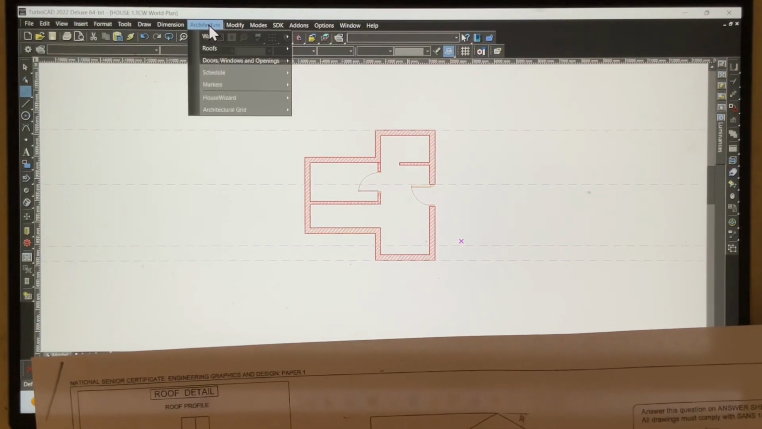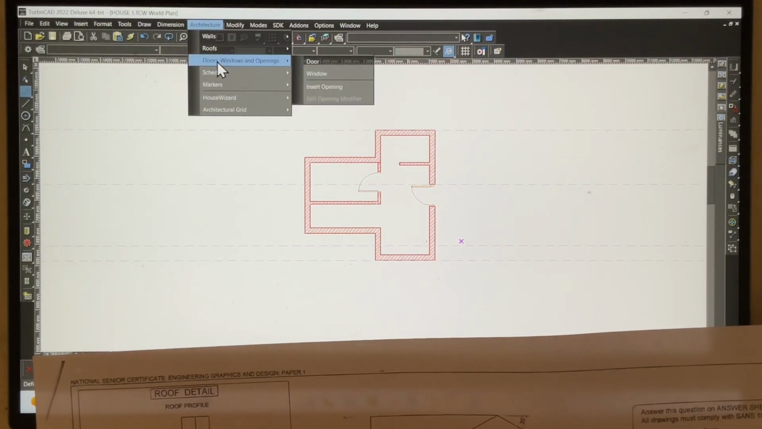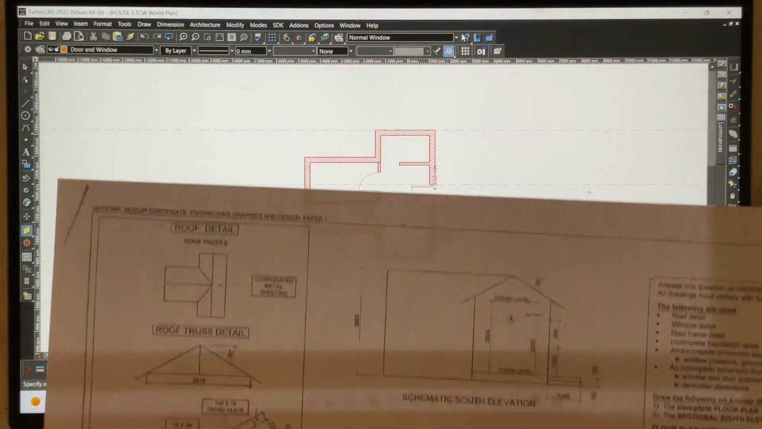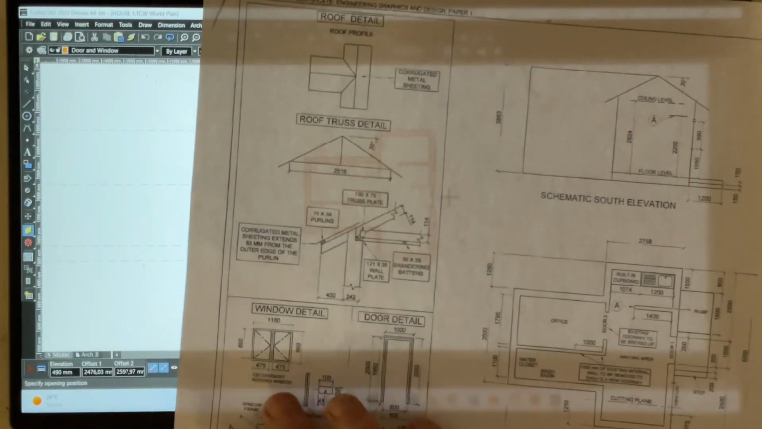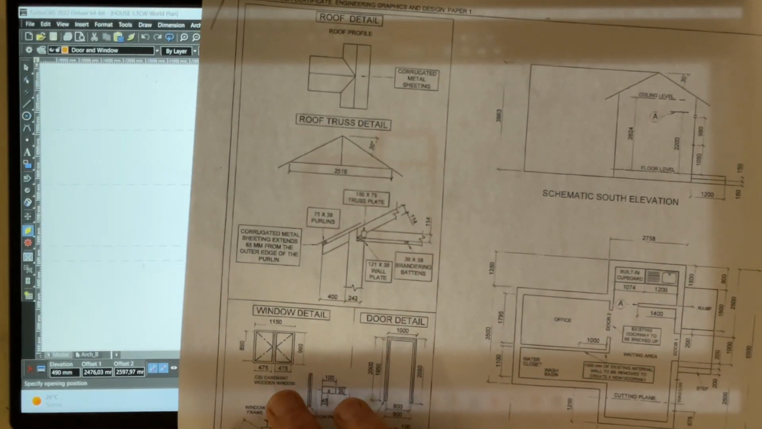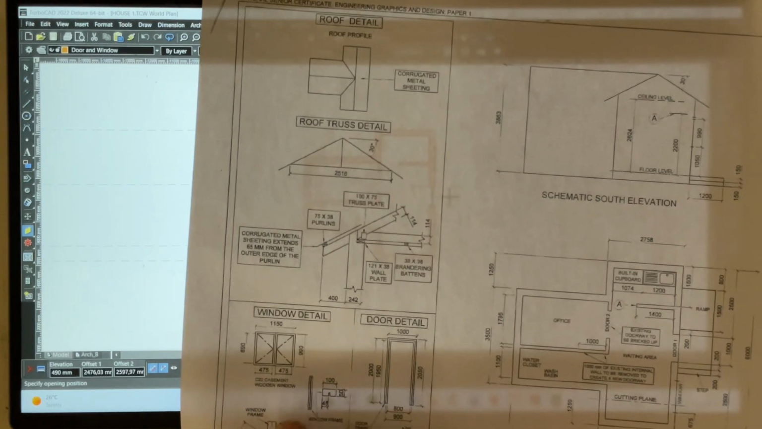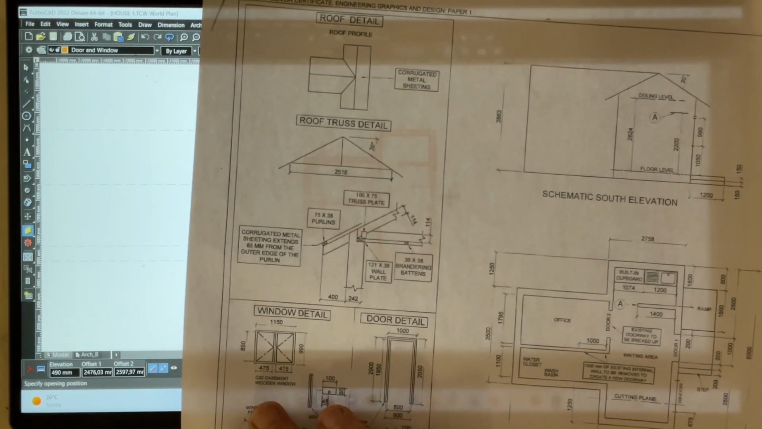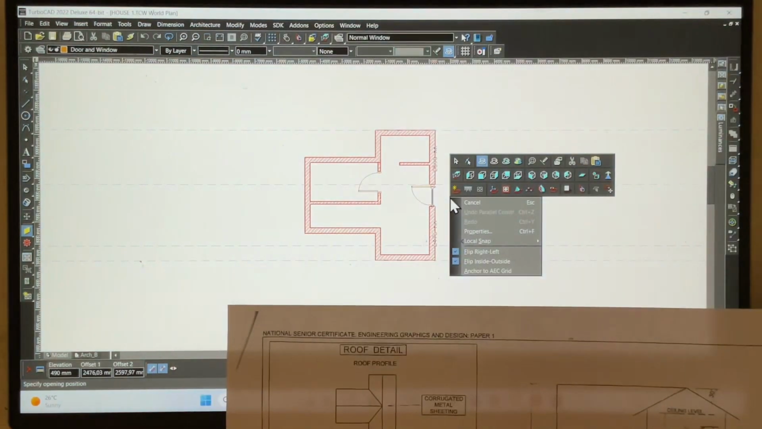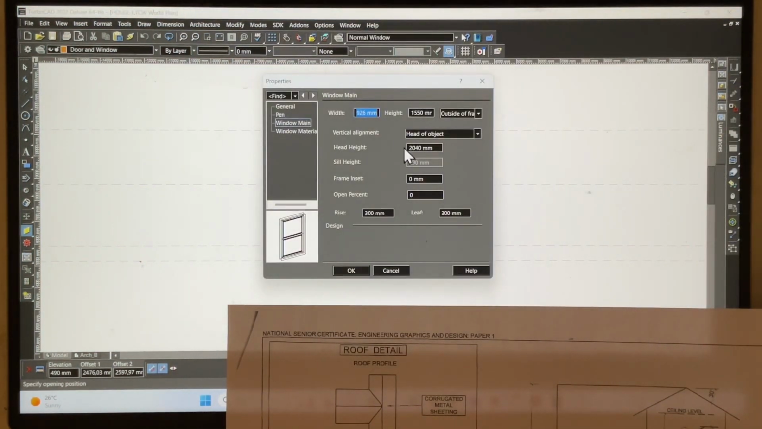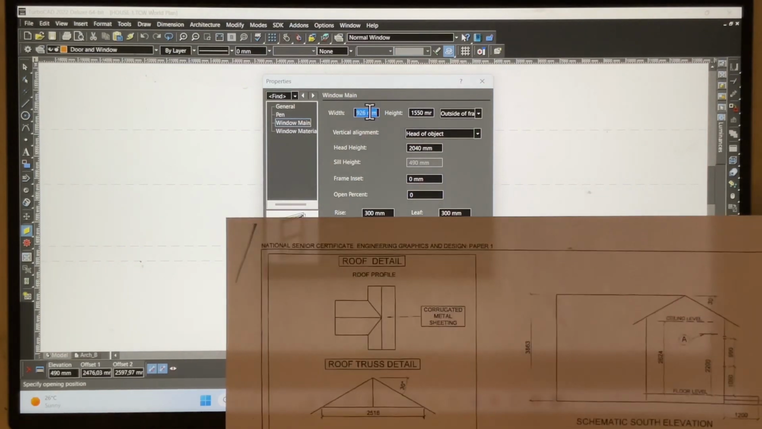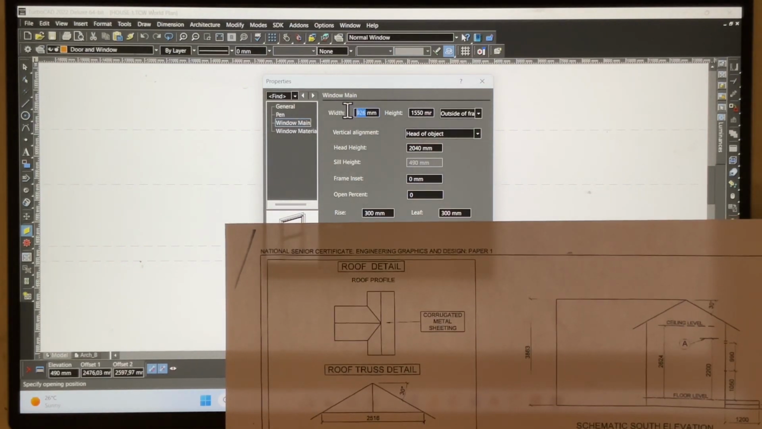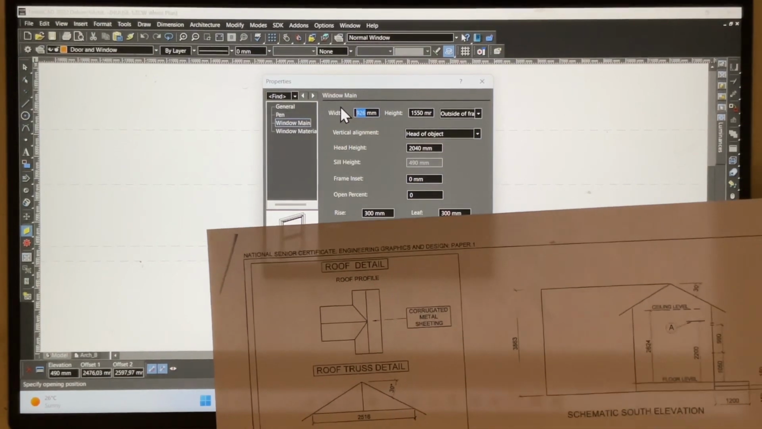Right, I now go to architecture. And I'm going to go to doors, windows, and openings, go to window over there, and I now have a window which I need to change the properties on. It says that I need a window of 1,150, okay, and the height of it is 890. So I right click and I go to the properties, and I need to change the width of it. It said was 1150. Okay, and the height of the window,